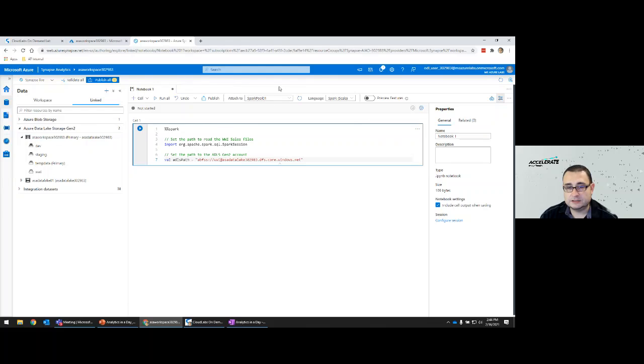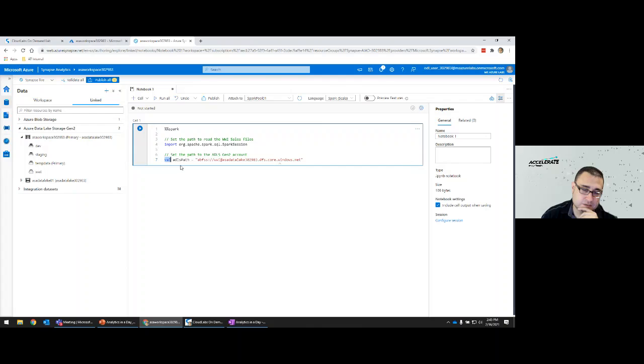So, important: make sure that you're attached to this Spark Pool 01 cluster, and that you have selected the Spark Scala language to run it. Now in here, you can see this is what's called the magic keyword, to let the interpreter, or the IDE, in this case Synapse Studio, know that we're working with Spark Scala. We're going to import a library or method to initiate a Spark session.